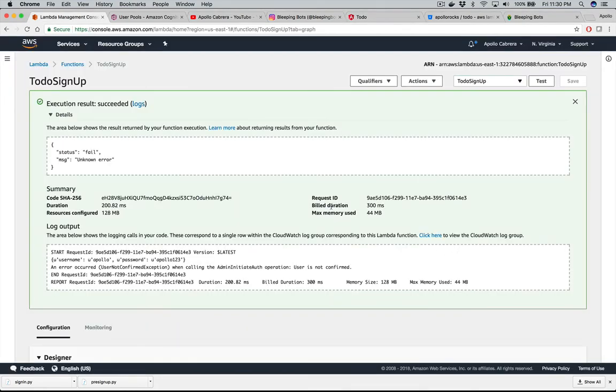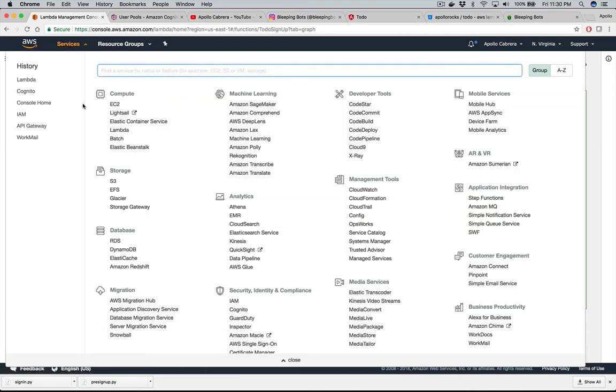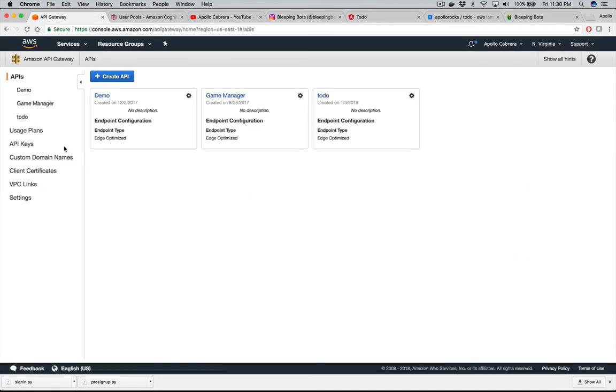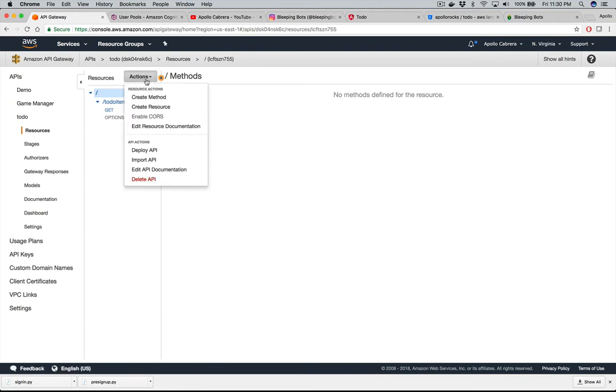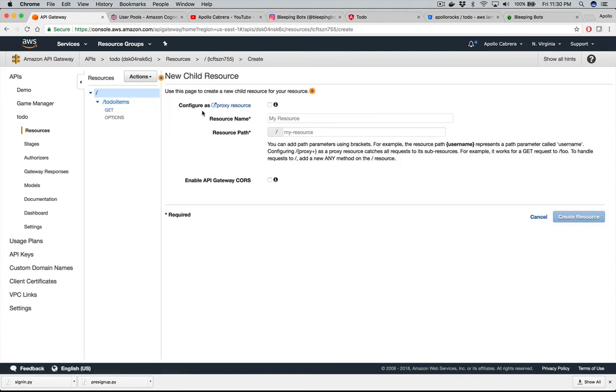All right, so the next thing we should create is an API gateway to this particular to-do sign-up Lambda function. So let's go back to services and look at API gateway. All right, so we're going to add a resource to this particular API. Create resource, and let's call it authenticate. Hit create resource here,